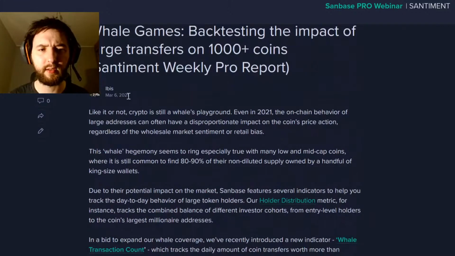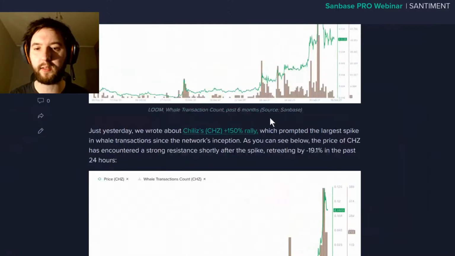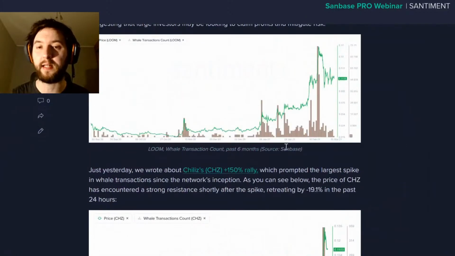No, it was 2 weeks ago, right? So very recently, we've backtested the impact of this metric, whale transaction count, on over 1,000 different coins. So the idea is that we did what's called an event study, where we